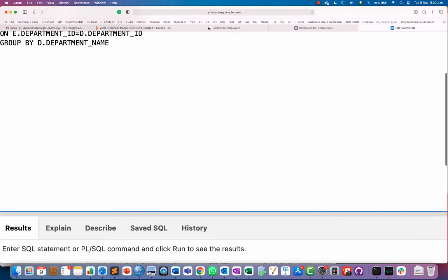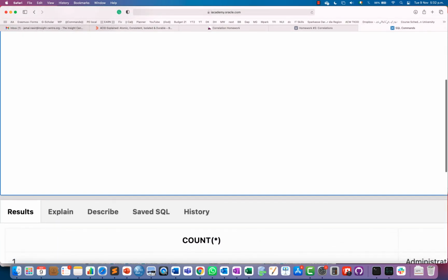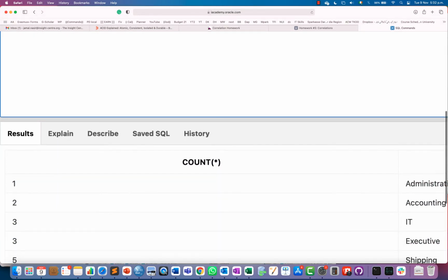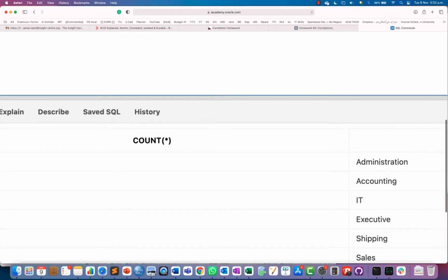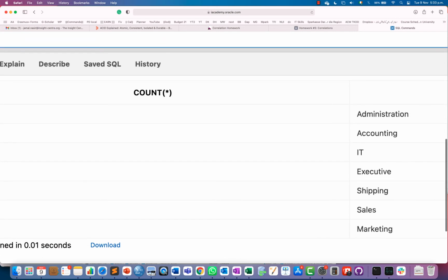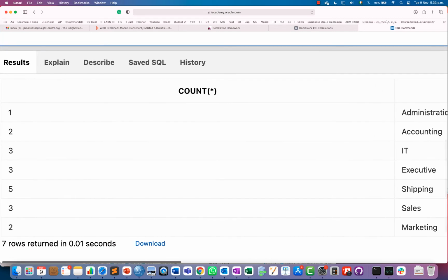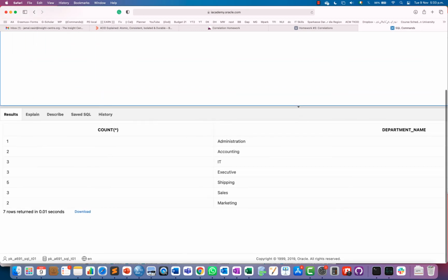Okay, so now you can see for each department I'm getting the department name, right, and its count.